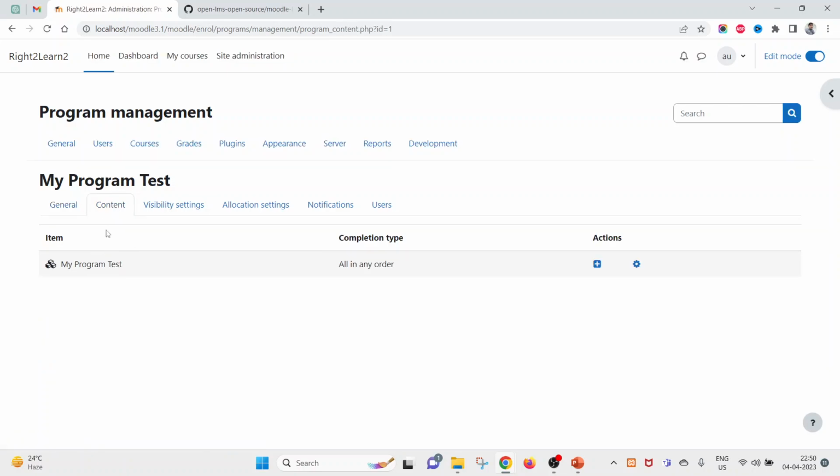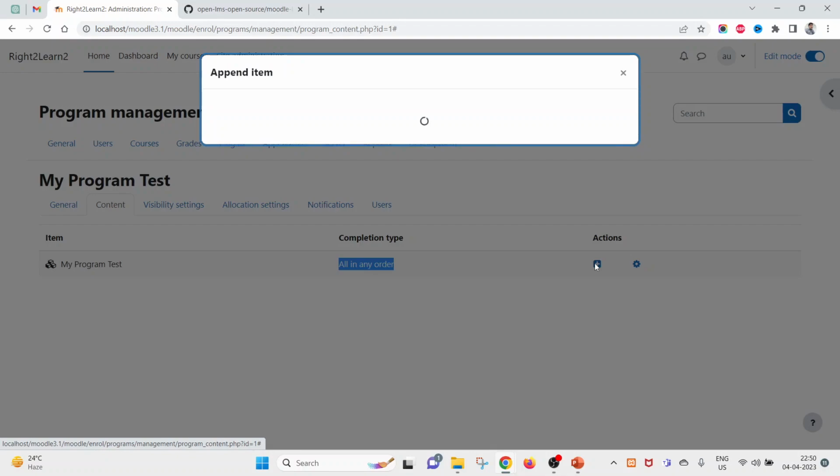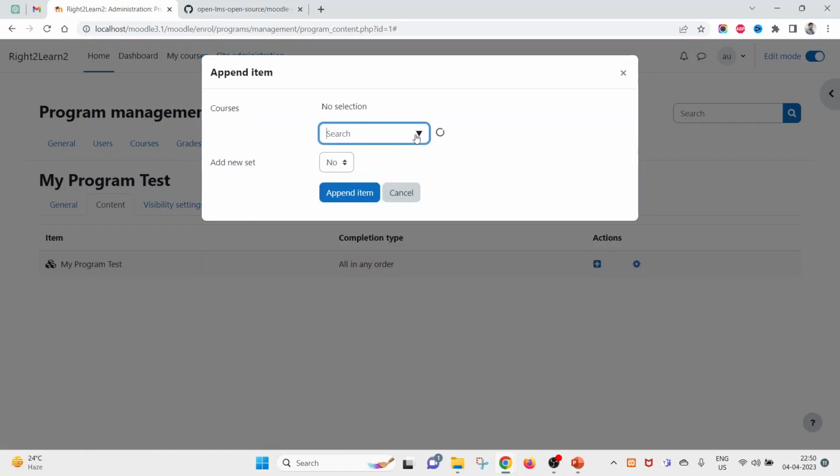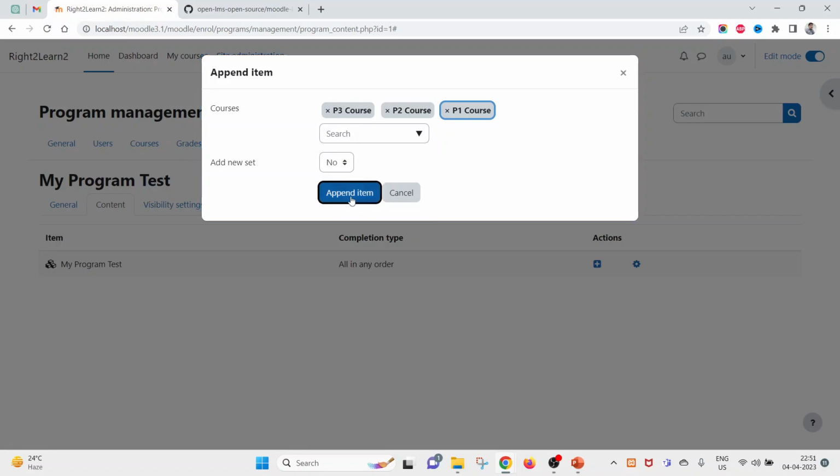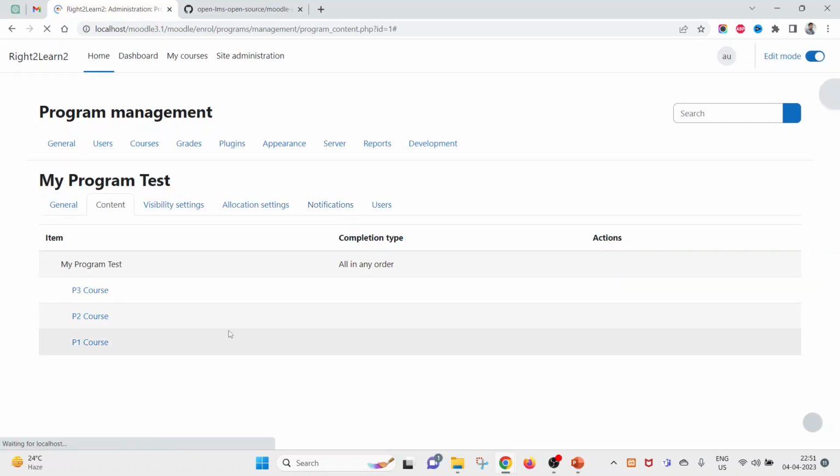Now under content, you will have to add all the courses you want to group inside this program. So click on this plus icon and browse, search. In my case, I want to add P1, P2, P3, all these three. Okay, click here,